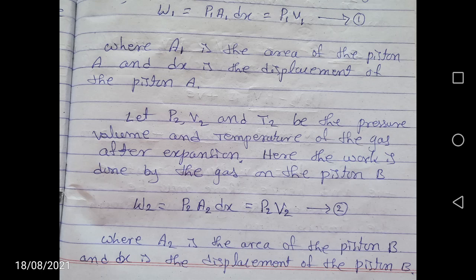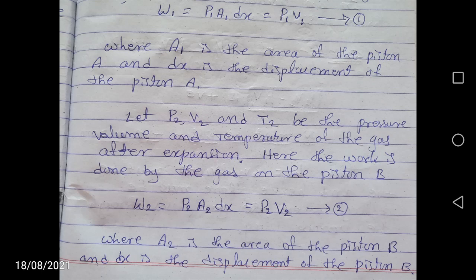Here we consider the work done by the gas on the piston. In the earlier part, A1 is the piston of the high pressure region, which makes the gas move on to the low pressure region. By compression, the gas is compressed and made to pass through the porous plug. There the piston is working on the gas, whereas in this case the gas is working on the piston. That means the gas is going to move the piston, so work is done by the gas on the piston.